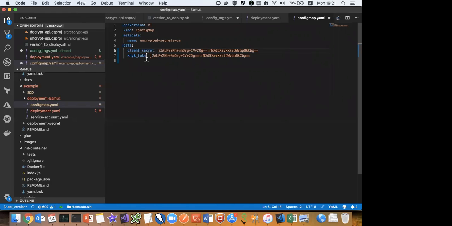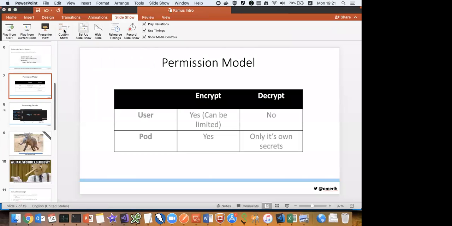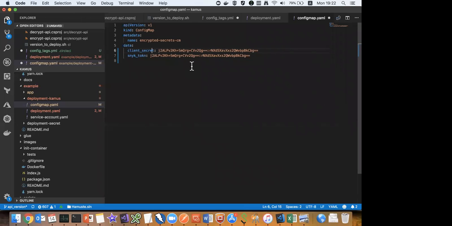Yes. Again, when you encrypt a secret, you encrypt it for a specific application. I have here a table, this one. So when you encrypt a secret, you encrypt it for a specific application, and the pod can decrypt this secret only if it was encrypted for this pod using the service account. So if I have only this config map and I don't have the relevant service account, I will not be able to decode it, of course, as long as the encryption is strong enough and RSA is not broken already or something like that.